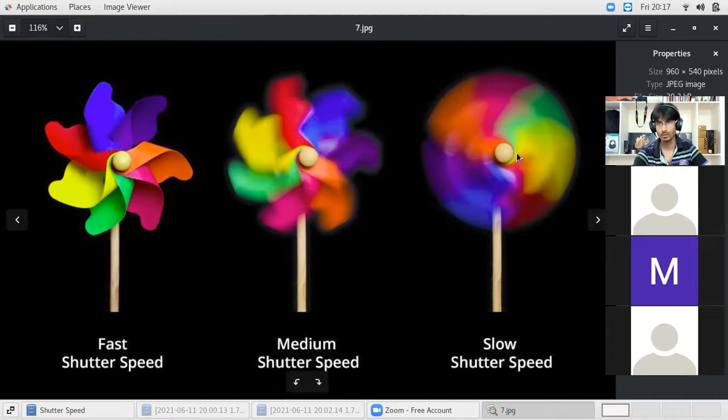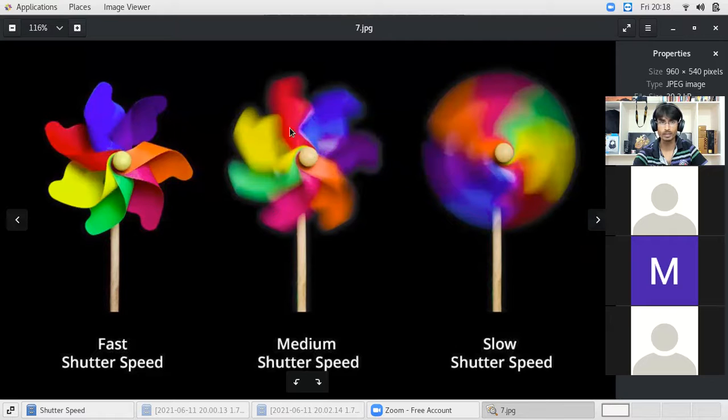Whereas a shutter speed like 1 by 2, we are calling it slower shutter speed, in that the subject is moving and sensor is not able to decide where to place the subject. So we are getting a photo which is blur, because for a single subject, we are getting multiple copies of it. Sensor is not able to decide where to put. We are getting a blur photo.